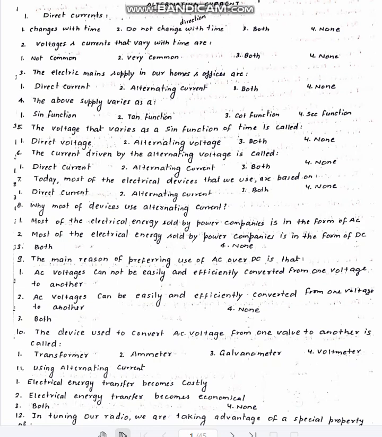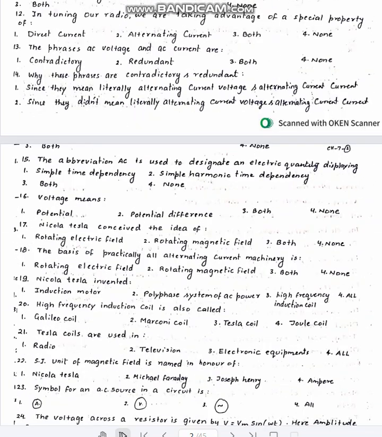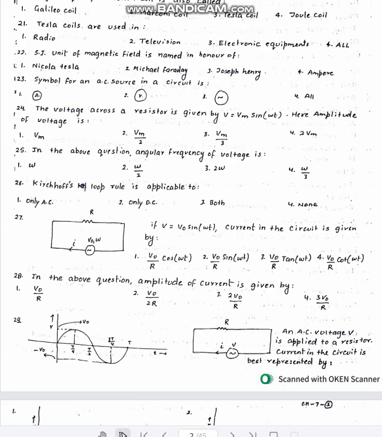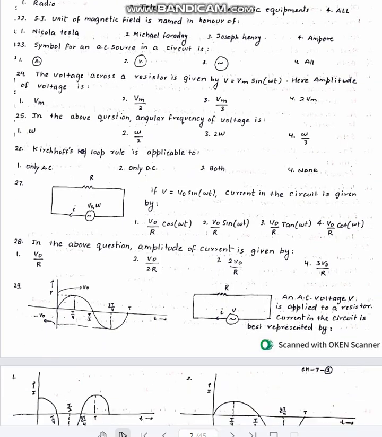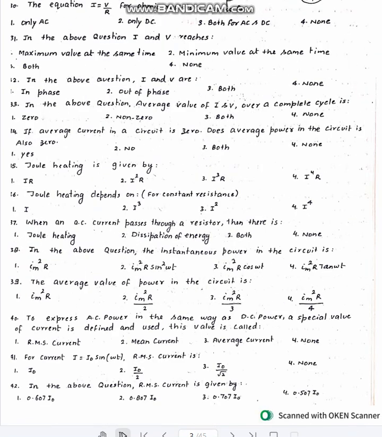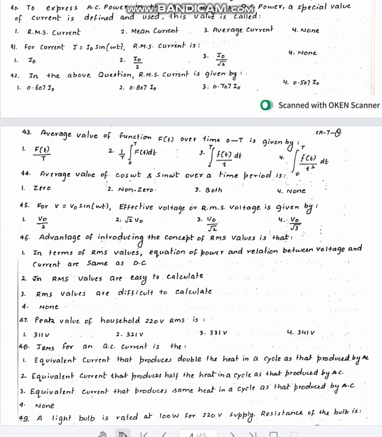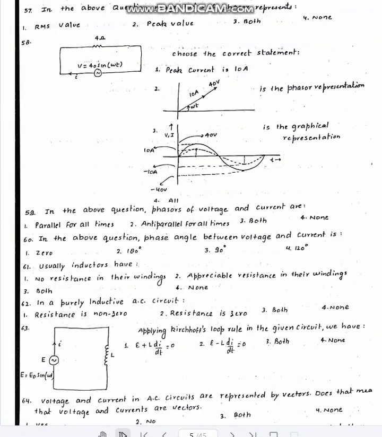Firstly, questions are about DCs and ACs. Then we have questions on application of AC to a circuit, variation of current, graphical variation, questions based on amplitude, variation, AC current, DC current, etc. Then we have average value, RMS value. Then we have questions based on application of AC to a simple resistor, its phasor diagrams and various questions based